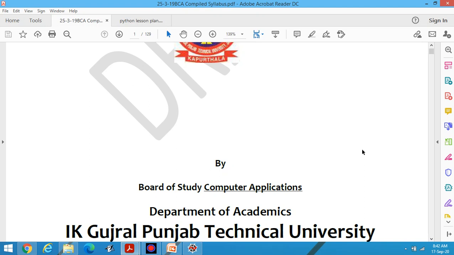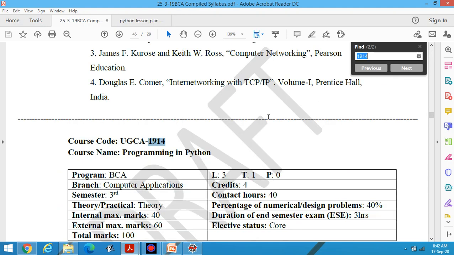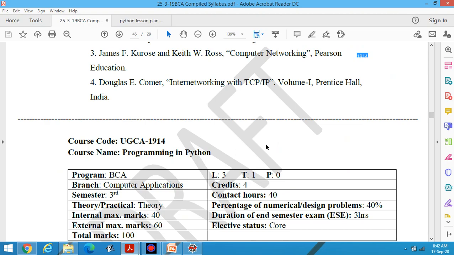Let us check the content of the syllabus. The course code is 1914 for programming in Python theory. These are the contents of the syllabus.